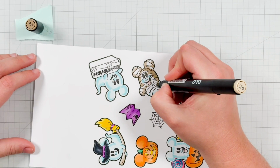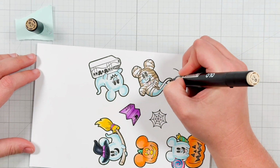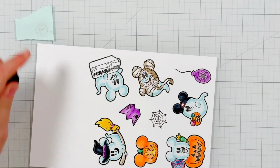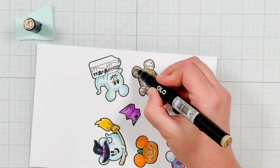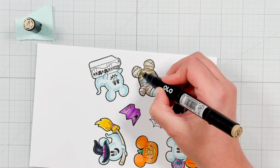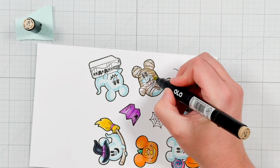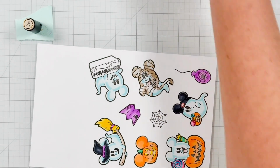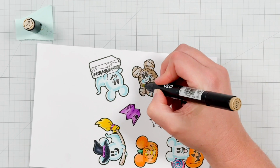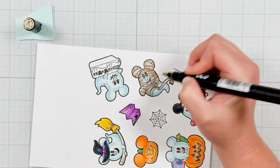So I'm using, again, those two shades, technically of an orange color, but they're a really nice tan brown color to color in my little mummy wrapping. I definitely think you could skip some of these areas where I colored in the mummy wrap and make them still the ghost blue color, but my mummy is very covered up except for his little nose area